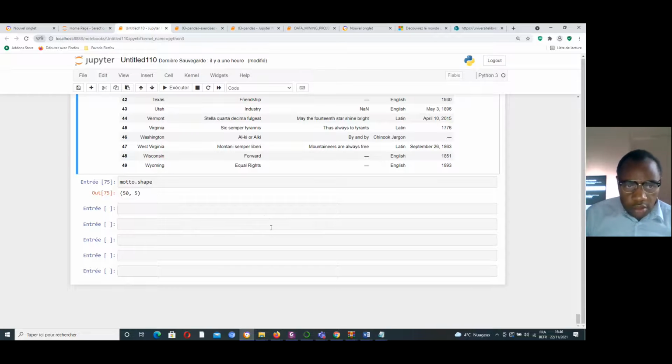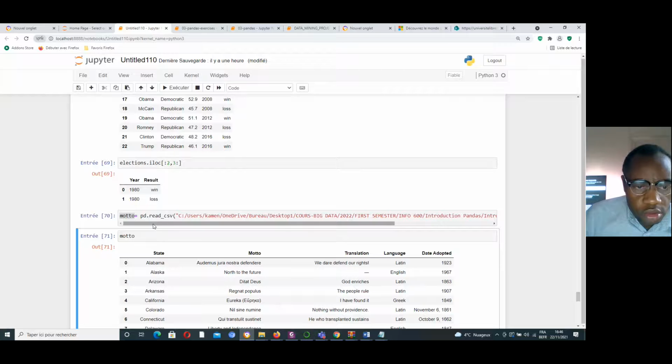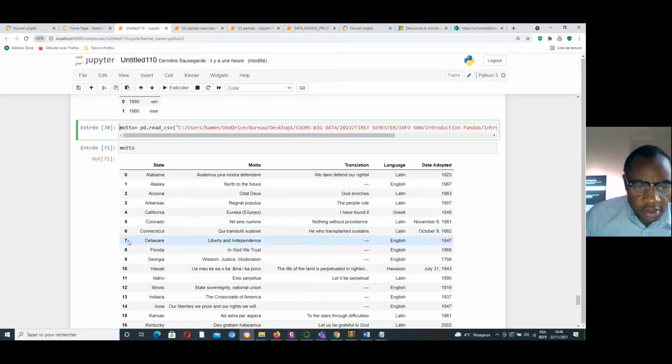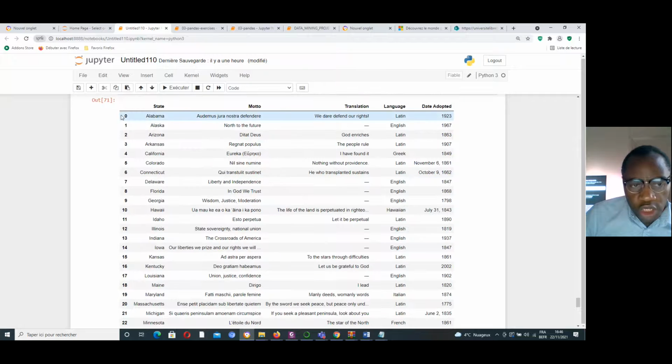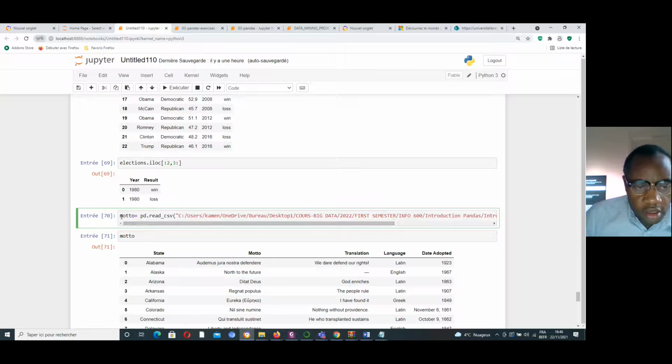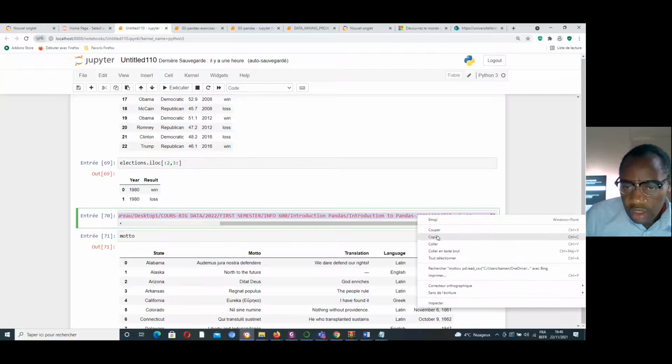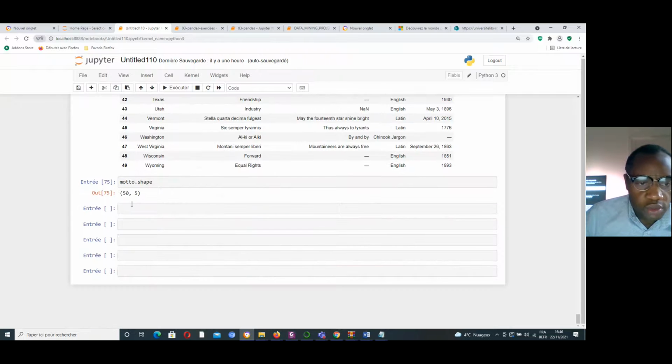If I want to focus on the state, you know, here we have the index, the index of all the columns. But I need to change this index and put state as the index in this file. How to do that?